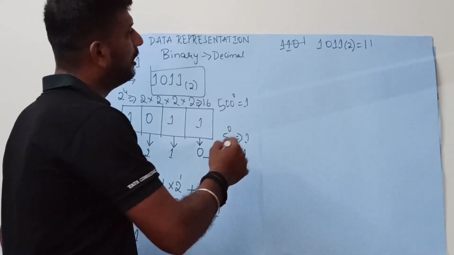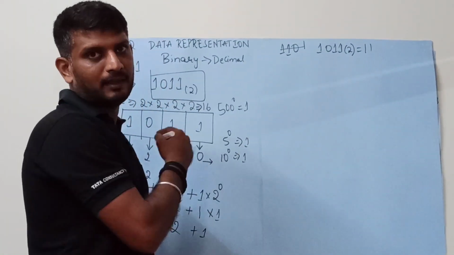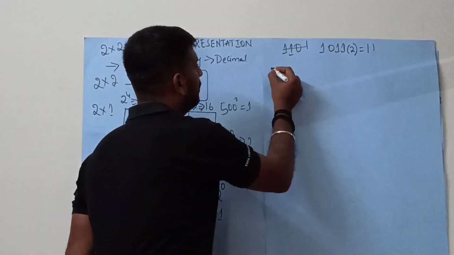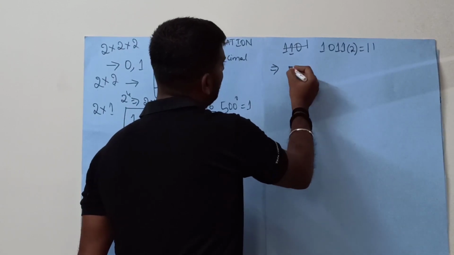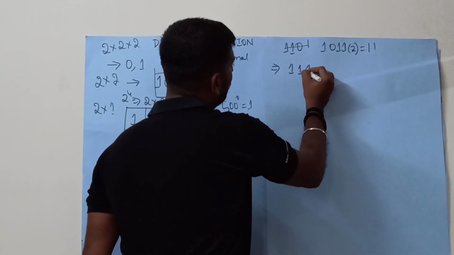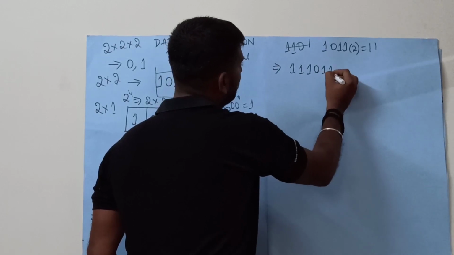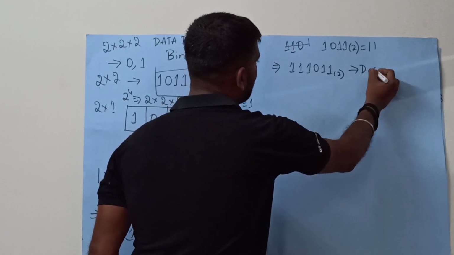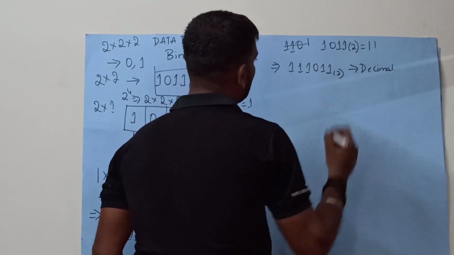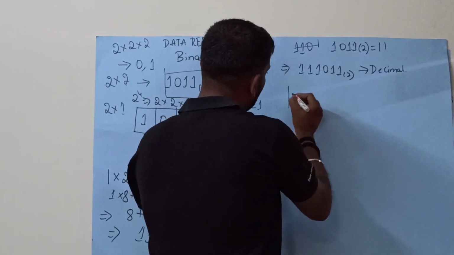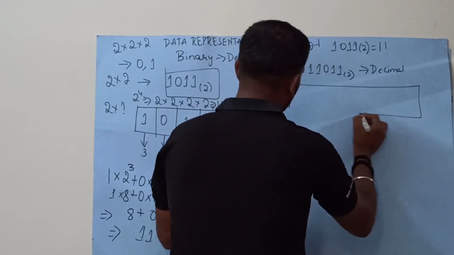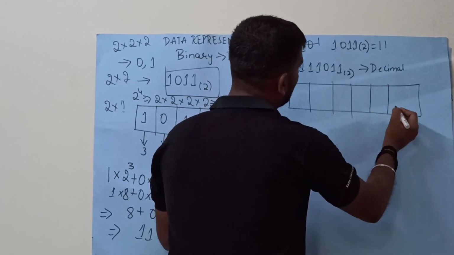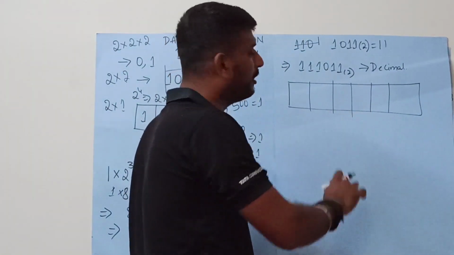Okay, now let me show you another example, and I will try to convert another binary number to a decimal number. So I will consider one number, it will be 111011 to the base 2. We have to convert this particular number into decimal. Now again follow the same procedure. For a few problems you follow step by step. Later on you can increase your speed without using these particular steps.